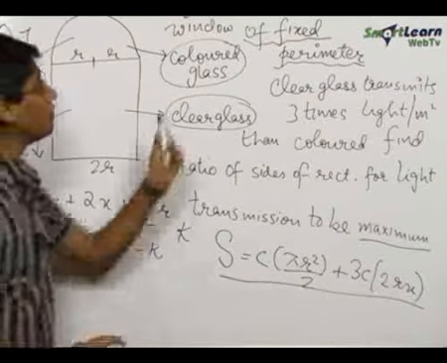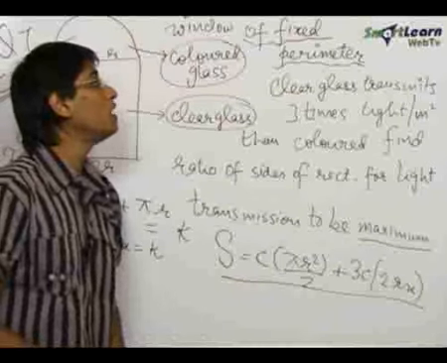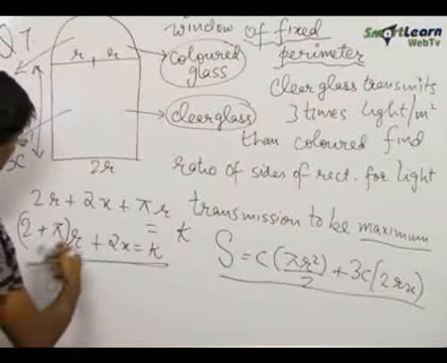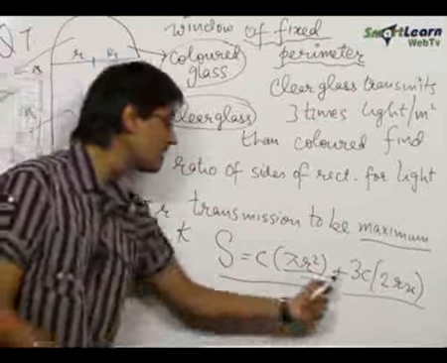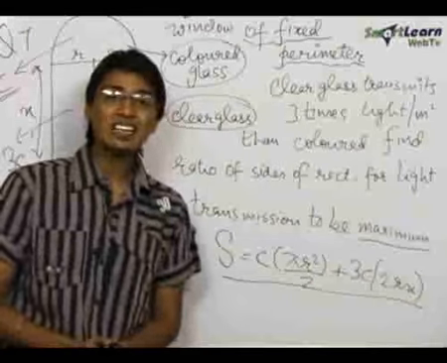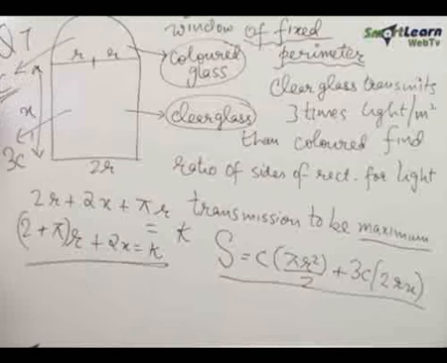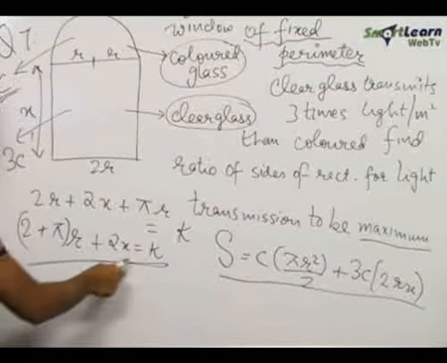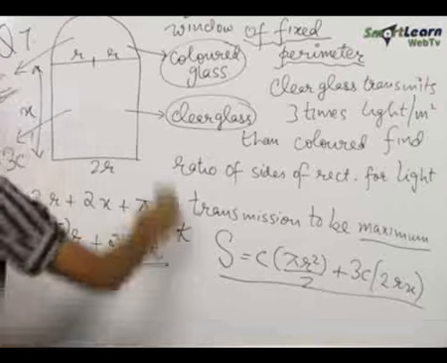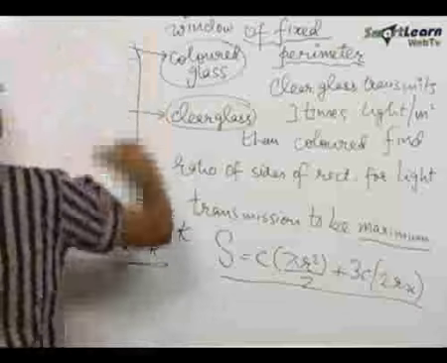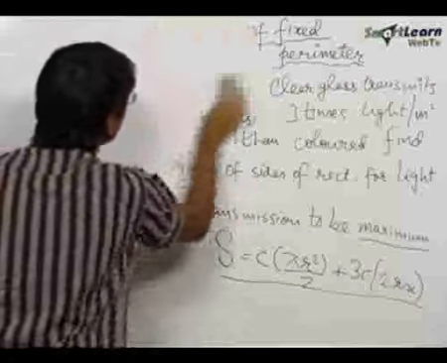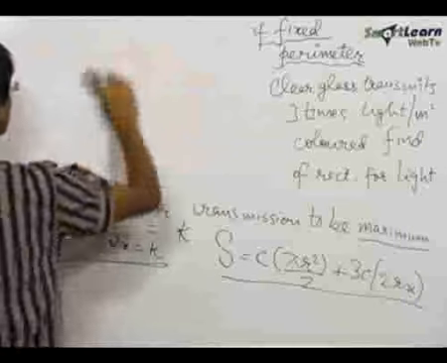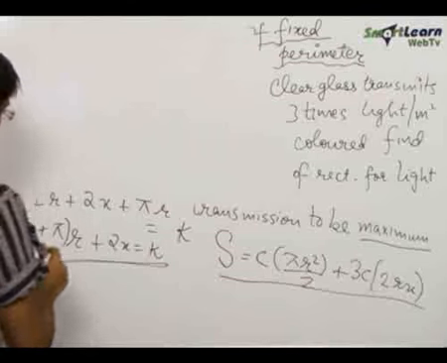Hence we have seen that we utilize the data of the window having a fixed perimeter by writing an equation, and now we will use this equation in order to maximize the light transmission. So what we can do is, we can either put r in terms of x over here or x in terms of r over here to get the entire equation in terms of only one variable. We have assumed two variables, r and x, r to be the radius of the semicircular portion and x to be one of the lengths of the rectangle.